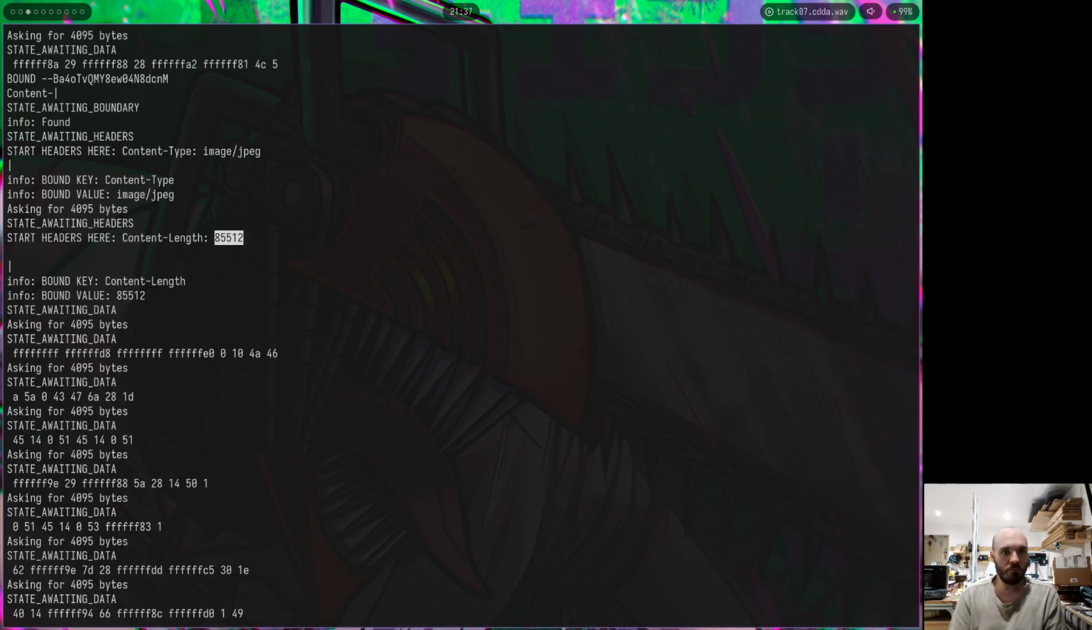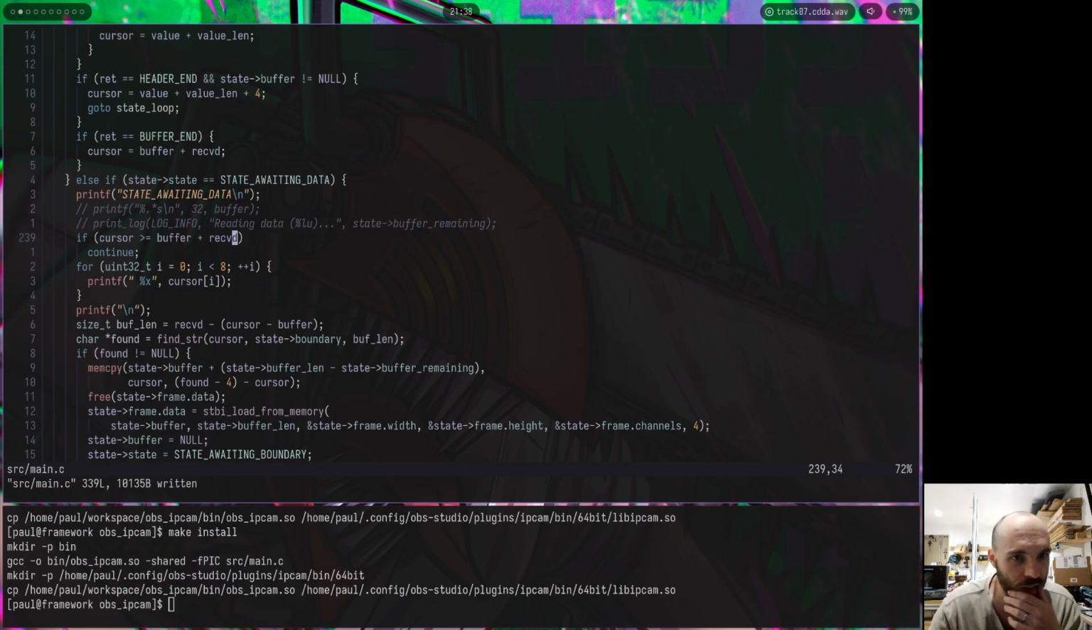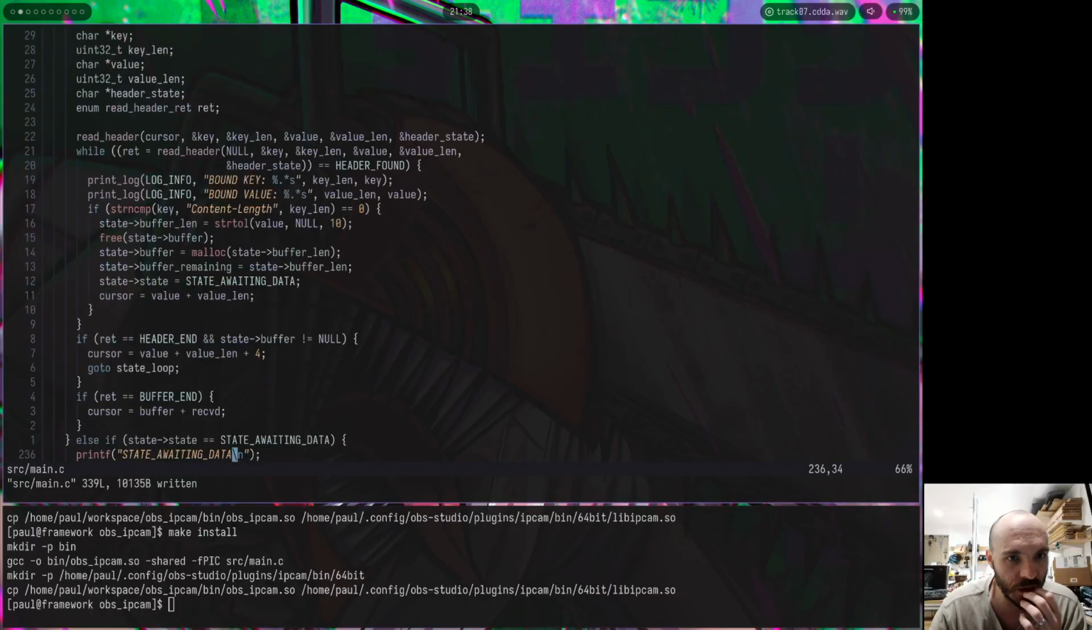All right, so this looks much better. Awaiting data, print some stuff and do some things, okay. But I ran out of memory. So just for the sake of like getting this working, I'm gonna grab this as a value and make it bigger. So I'm gonna say 90K, and I am gonna instead of doing a malloc when I find the content length,